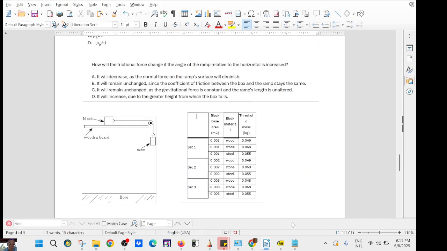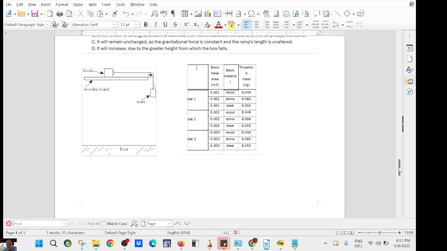So the answer for that is it will decrease as the normal force on the ramp surface will diminish. Okay, so that's for that question. Next one,